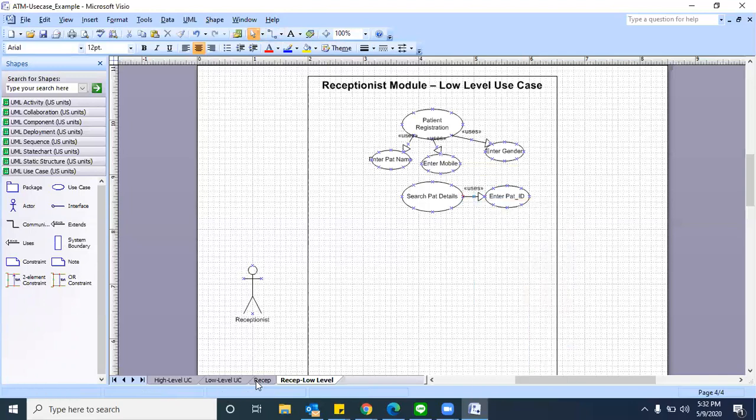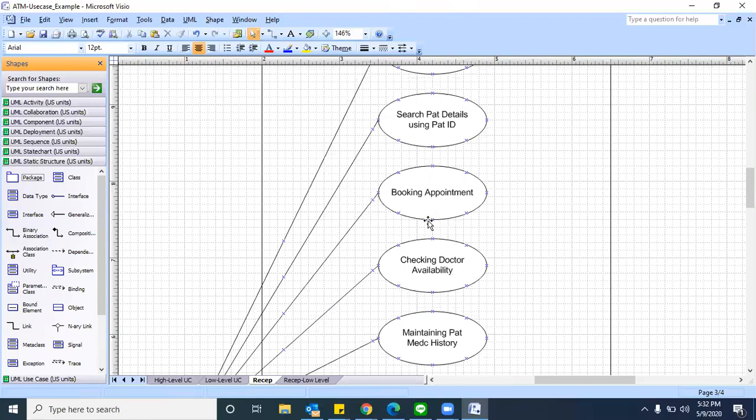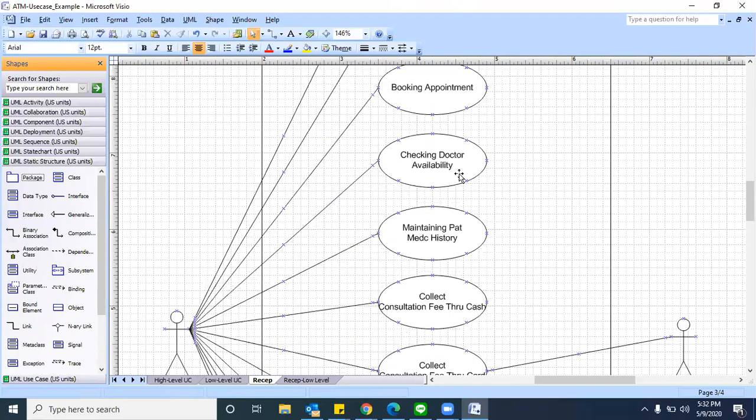Done. Yes. What is the next one? Booking appointment. Now checking availability, we can go to the booking appointments. Checking availability is a separate essential use case for me. And if you feel checking availability is mandatory before booking only, then it is not like you can go straight away. Do remember, I gave you an example here. Whenever we are booking a railway ticket or flight ticket, payment options will not be available directly, right or wrong? Unless and until we start booking. Exactly. Until you access the booking, booking will redirect you to the payment options, right or wrong? Yes. Okay, so those are the dependencies here that we need to identify.